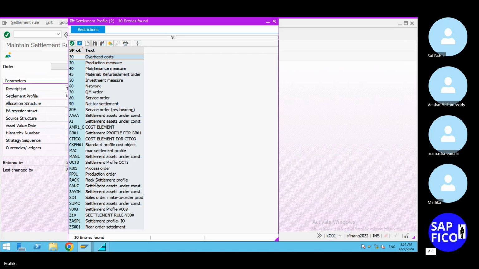Try to the downside. Come down. You don't have any settlement profiles. Process orders, settlement profile under constructions, settlement order profile, and